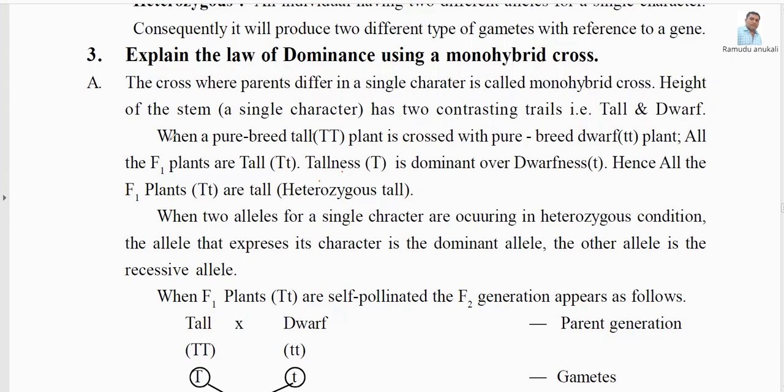Now here they have given examples. When a pure breed tall, that is capital T, plant is crossed with a pure breed of dwarf,